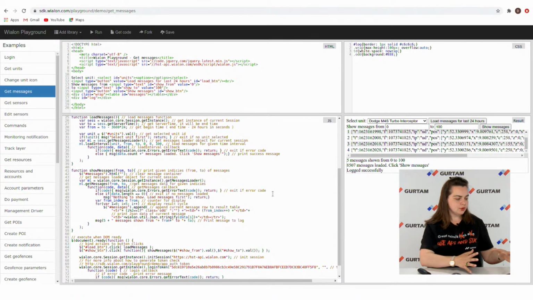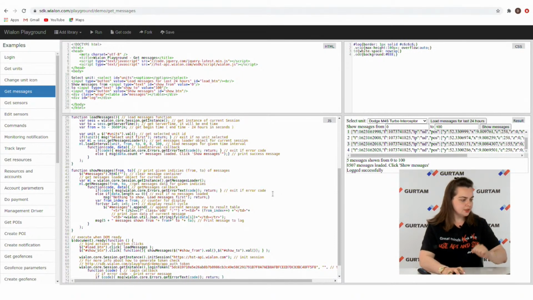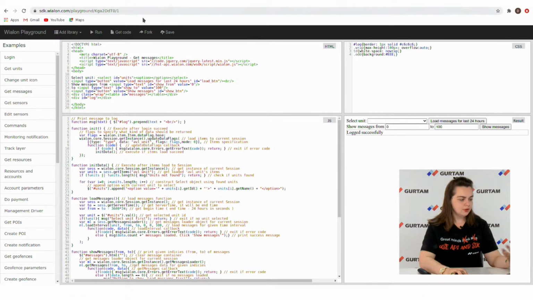But what I would like to show you is that I change the example of code, and then I can save this code. So you can see that there is a new link which you can use, or for example send to someone else, or open later and then edit your code. Or I can also